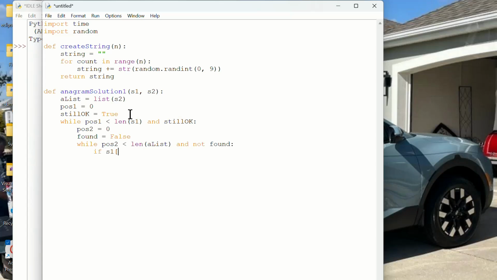if S1 position 1 equals A list position 2, we're going to set found equal to true. Okay. So once we have a match on there, then we're done looking for that. So we're going to do else on here, and then on the else, position 2 is going to be equal to, I'm going to do a plus equals 1. Okay. Then we get out of that while loop and we check to see if found,